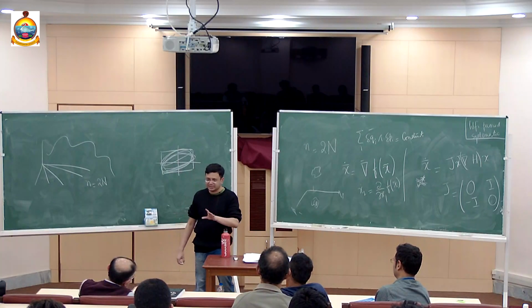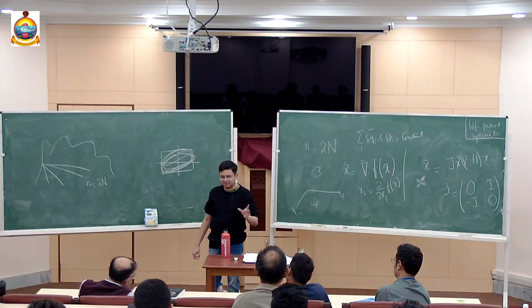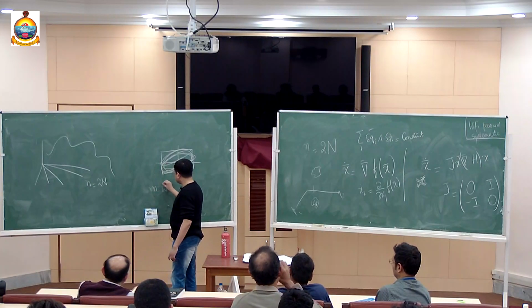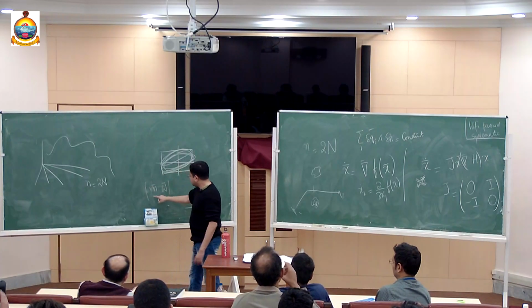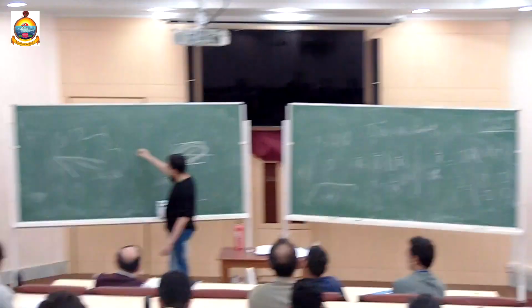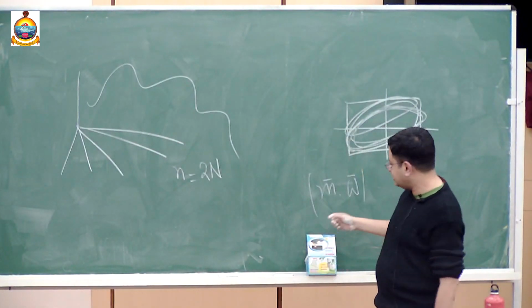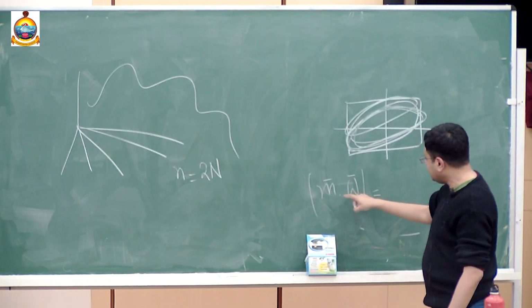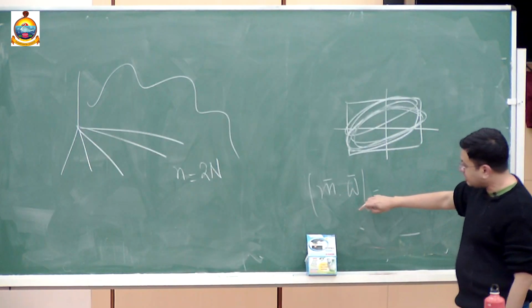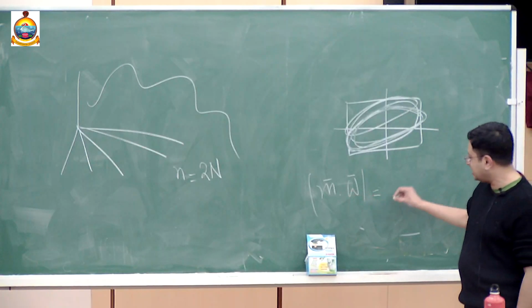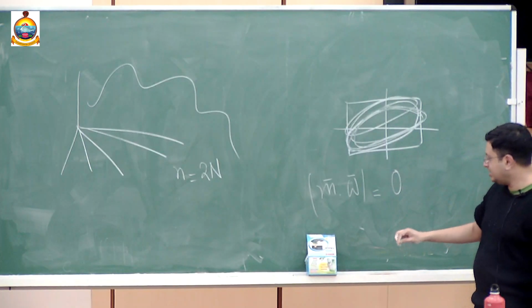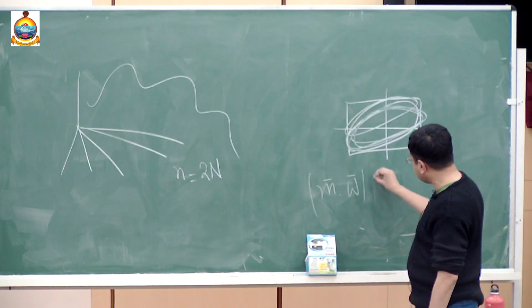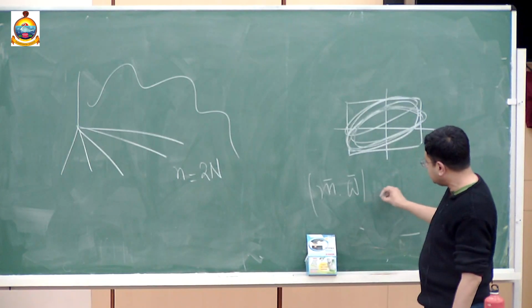For the KAM theorem, it is clear which are the ones that will be destroyed, because they could put a condition on this m dot omega, where m is the vector formed by the integers and the omega are the frequencies. So, if the ratios of the frequencies are rational numbers, this is 0. If they are not rational, then this is non-zero, and what the KAM theorem tells you is that those